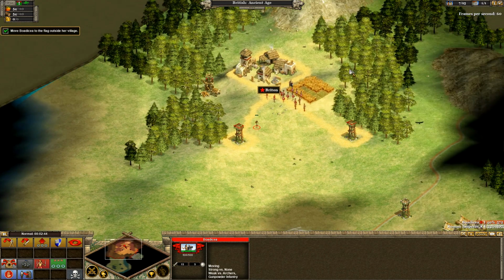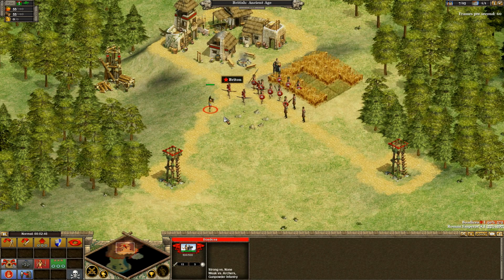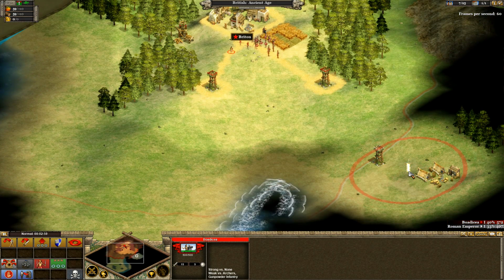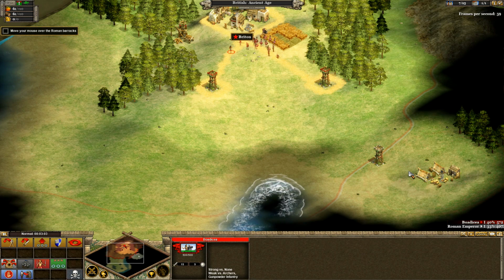Good work. You've successfully guided Boadicea back to her village where she has rejoined her army. Now we must find our hated foe. Scroll to the bottom right to find the Roman camp. Excellent, you found the Roman camp. Now let's take a closer look at their defenses. Move the mouse over anything in the game to view help text. Now move your